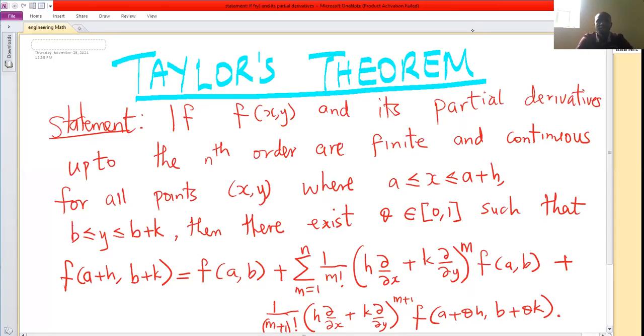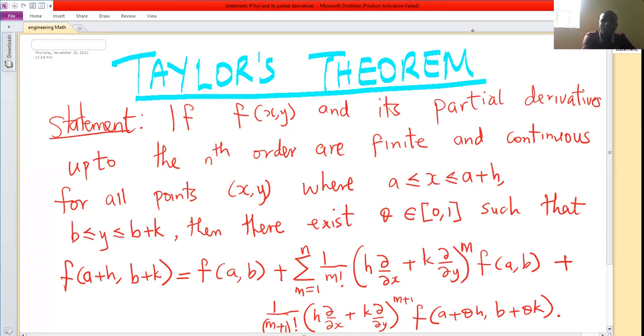So welcome to this class. In this session, we are going to prove the Taylor series or Taylor theorem for function of two variables x and y. So the statement reads, if f of x, y is a function of two variables x and y,